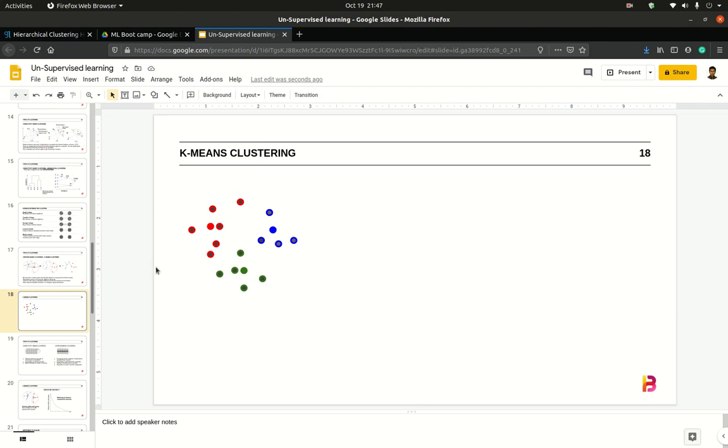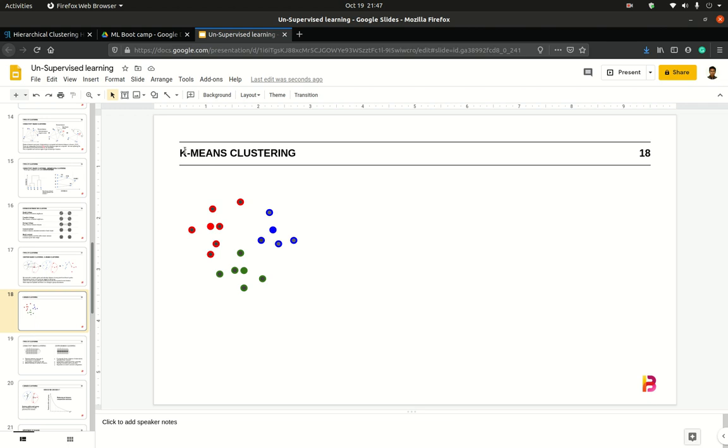So we start with some randomness, randomly thrown centroids, and based on repeated measures of distances, it finally arrives at the number of clusters that we want. So that in essence is how k-means clustering works. K here denotes the number of centroids. So if these are 3 centroids, that means we calculate 3.